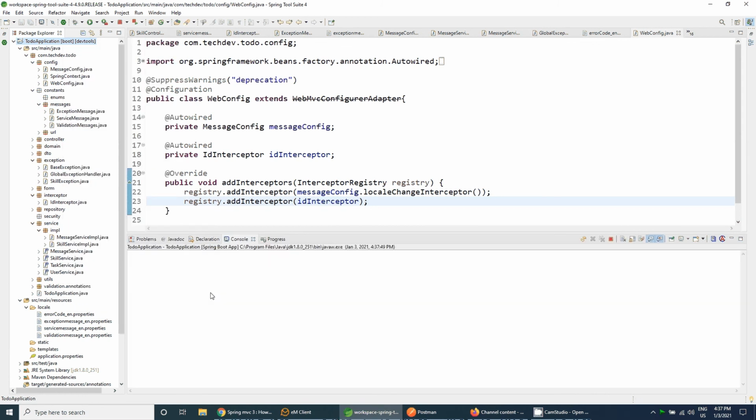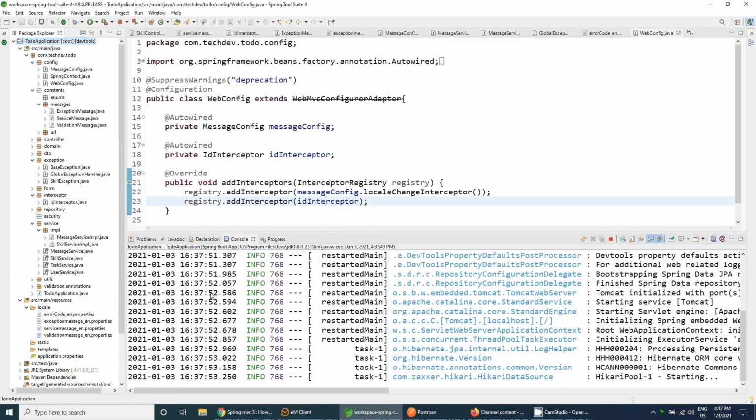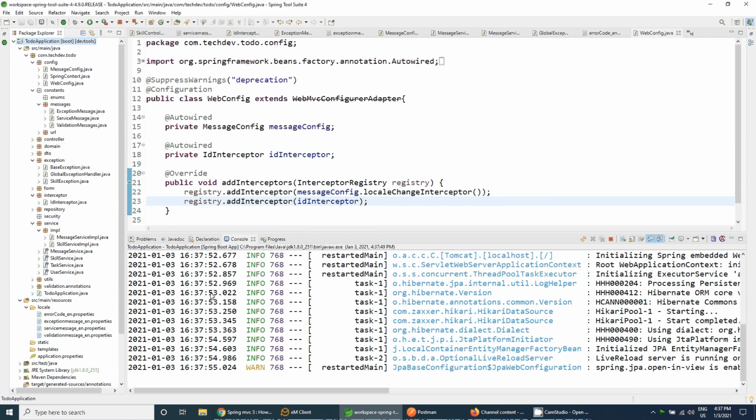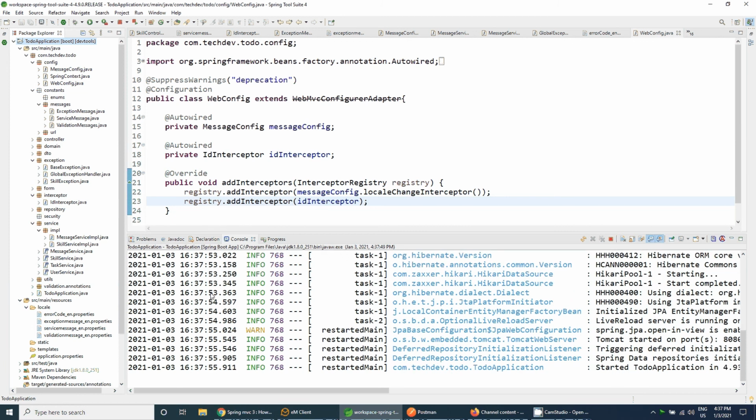Go to the Spring Boot app and wait for the app to be running. I think each and everything is completed now.